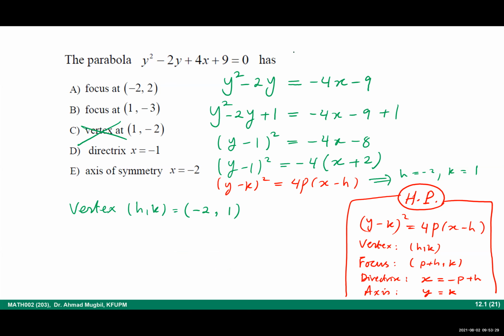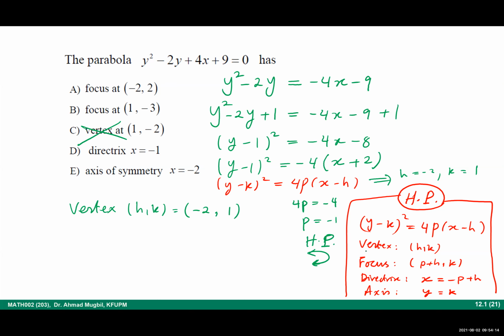Of course, how many answers do we have? 7 only. Where are the other 10 students, what are they doing? Now, so it is not about the vertex. What we can know, guys, from here, is that 4p is -4. This is 4p. Okay. 4p is -4, so p is -1. So, of course, it is clearly a horizontal parabola,